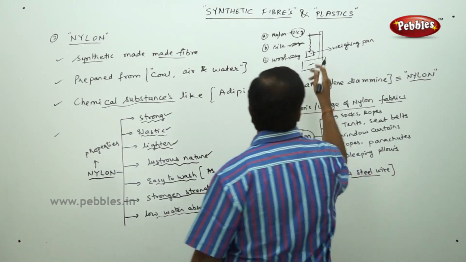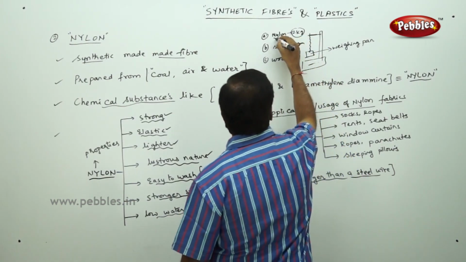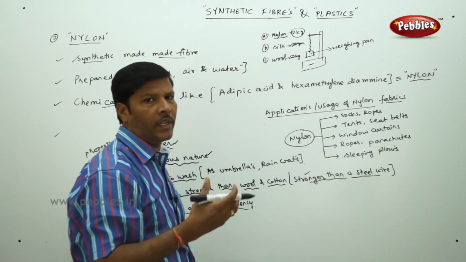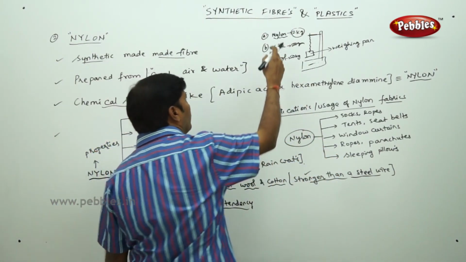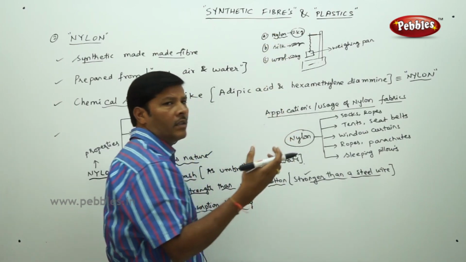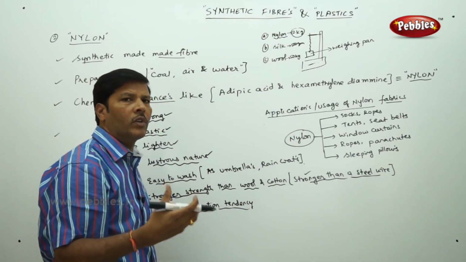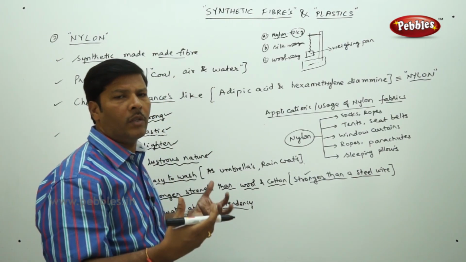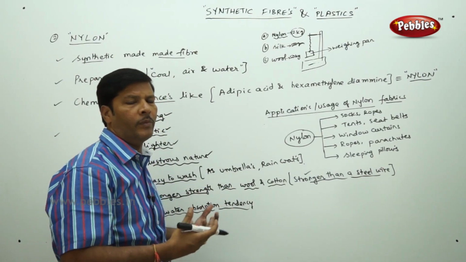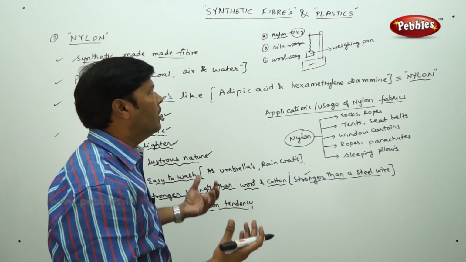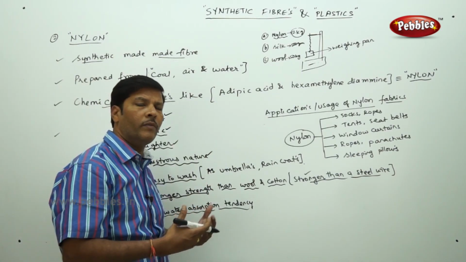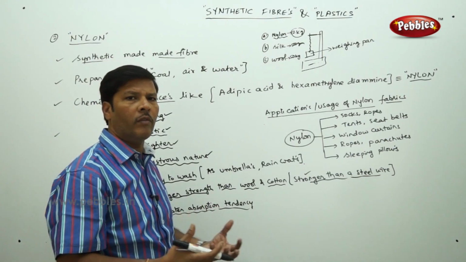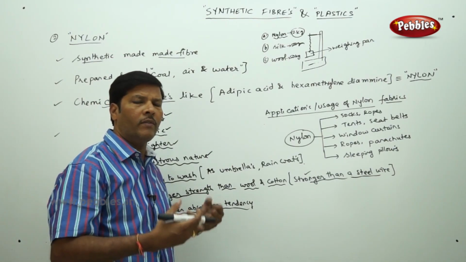Still you find that if the thread is nylon, the nylon thread will have more tensile strength and is not going to break so easily. Though it has a more elastic nature, the nylon threads are very strong, because these nylon fibers are synthetic fibers obtained by chemical treatment. We take chemical substances, give them chemical treatment, and two different chemicals combine with each other to give a new substance in the form of a polymer. That polymer will have the highest strength.